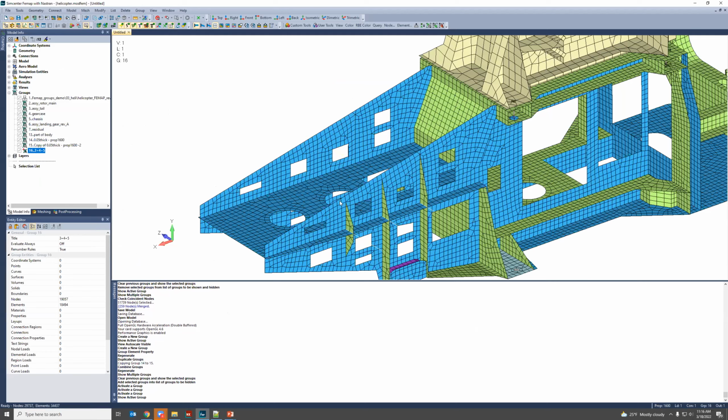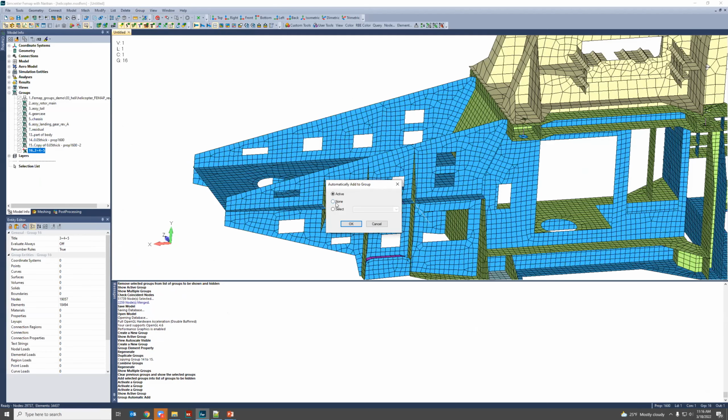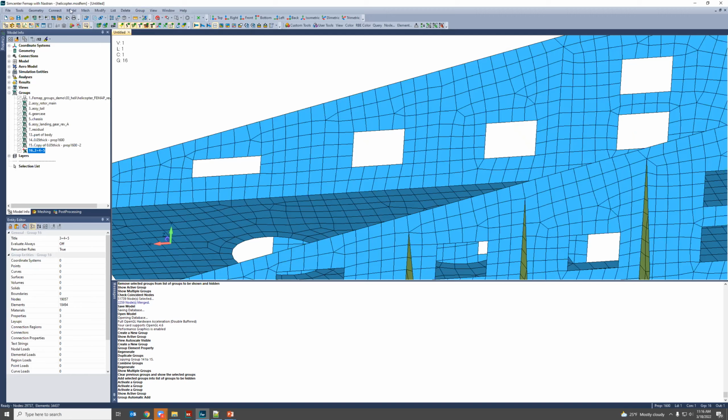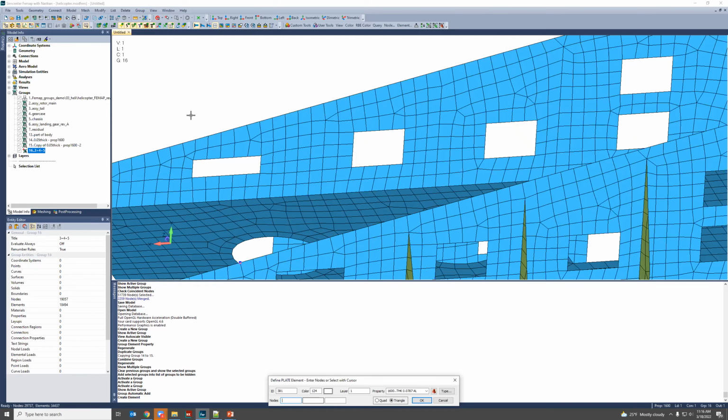If you go here, when you fire up your Femap, it's going to be set on none. And what that means is any new entity, any new node element, new parts of your mesh, if you want to add it to something automatically, like the active group, or let's say you had a group in here that's called like new mesh and you wanted all new stuff to go into that group, you could do that. I have mine set to active group. So if I were to create a new element, like I'm going to do here, let's see, yeah,